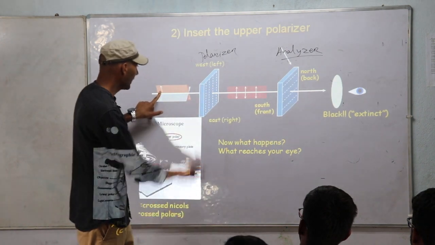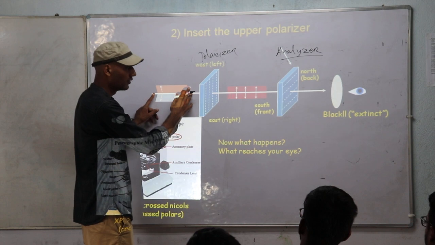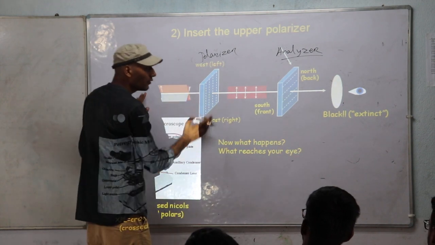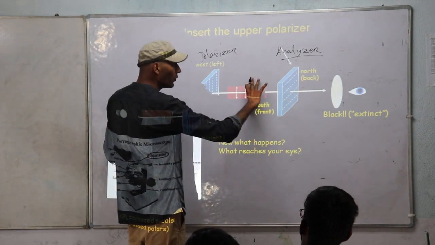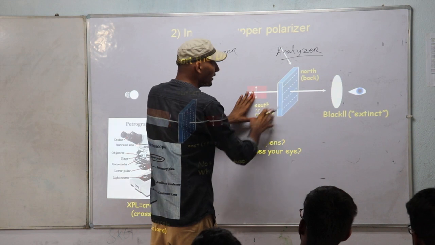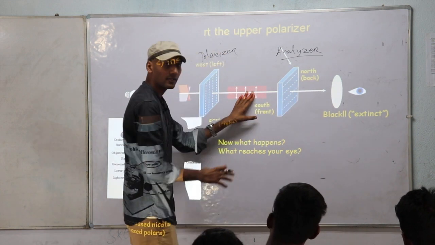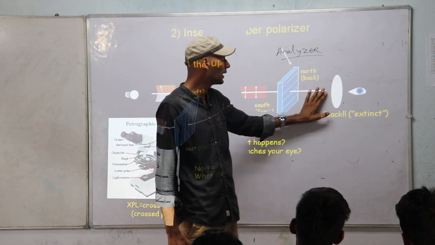In the case of the polarizer, the light ray is vibrating in many directions. There is a direction parallel to its axis or its vibration direction. That's why the ray is removed in that direction. But in this case, the analyzer is allowing the light ray which is vibrating north-south, but here there is no north-south component. So that cannot pass through the analyzer.